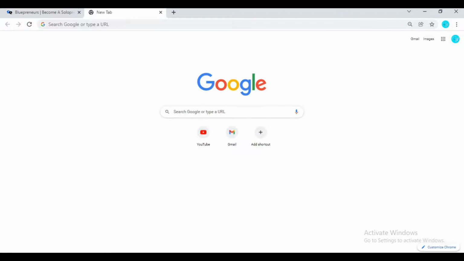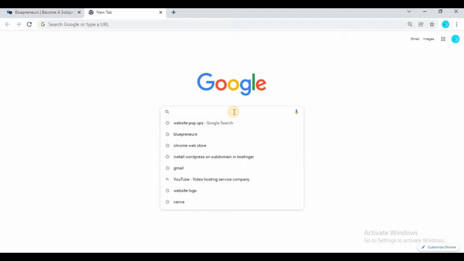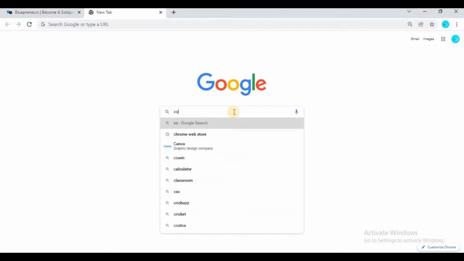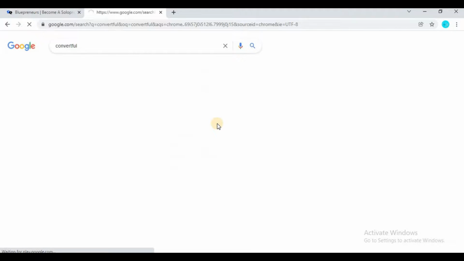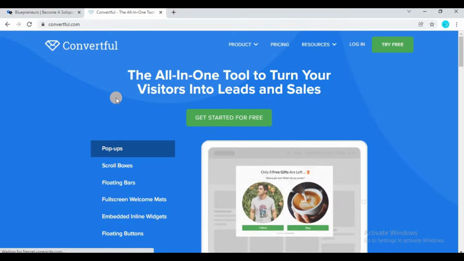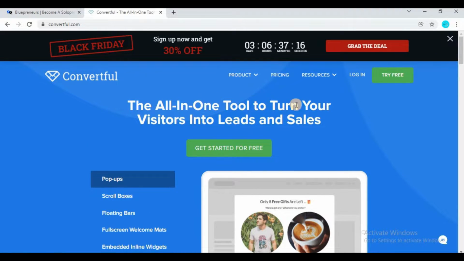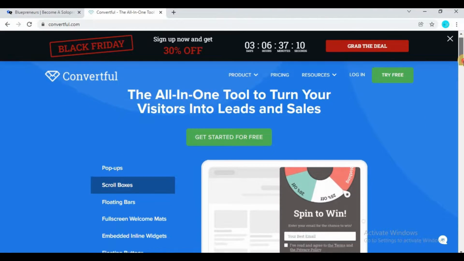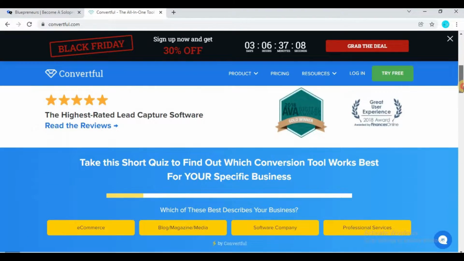Now to create a pop-up in your WordPress website, you have to search on Google for Convertful. As you can see, you have to open this website, which is convertful.com. It is the all-in-one tool to turn your visitors into leads and sales. Basically, this tool will help you add pop-ups to your website.